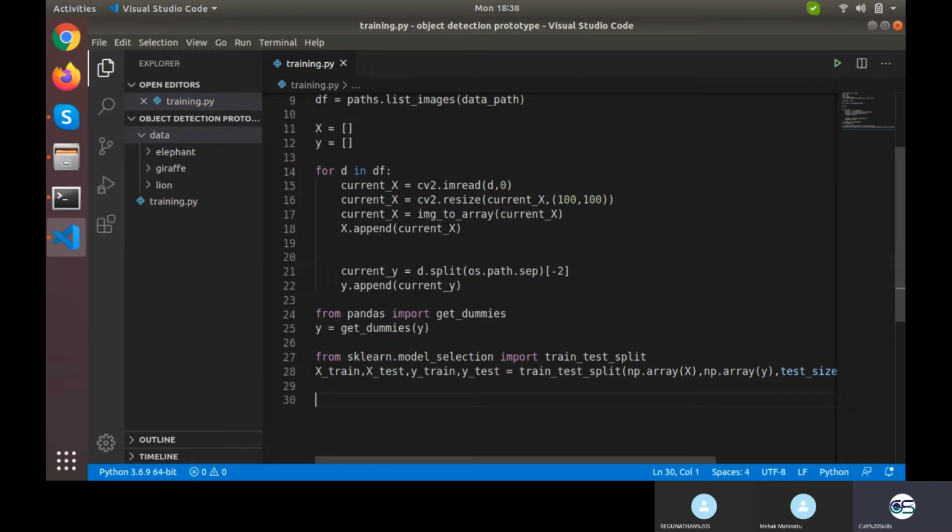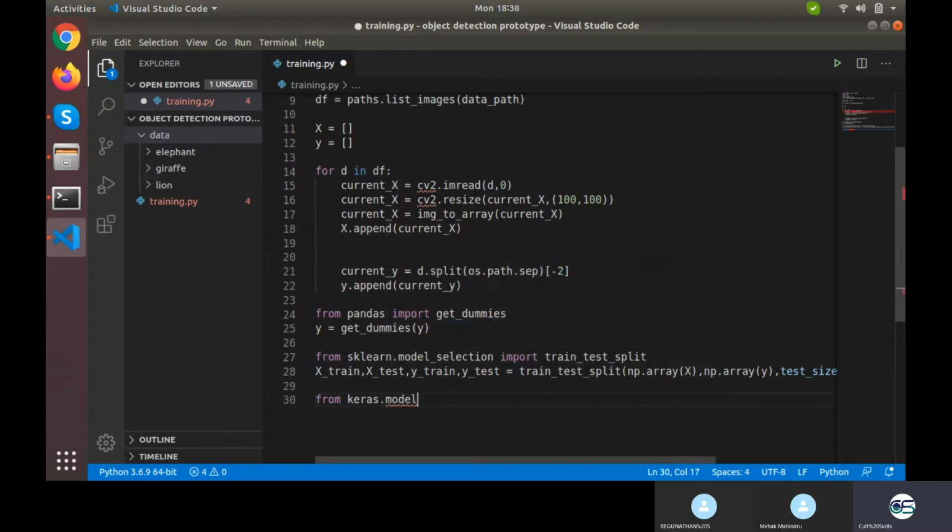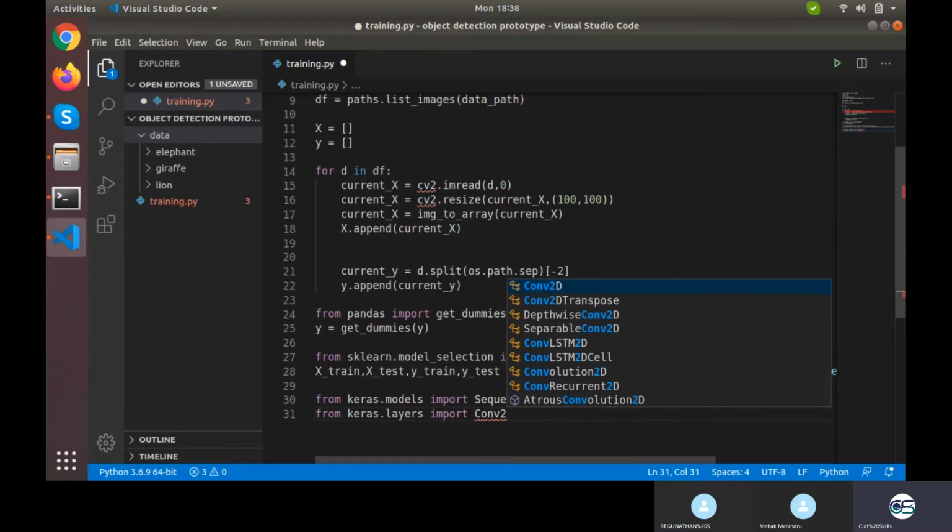Now let's head over to the model. So how can we create the model? I would need to write from keras.models import Sequential, and from keras.layers import whichever layers I need in order to implement a CNN. Conv2D, convolution 2D.